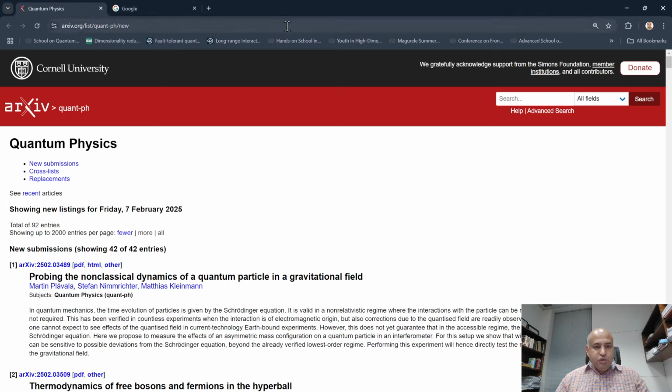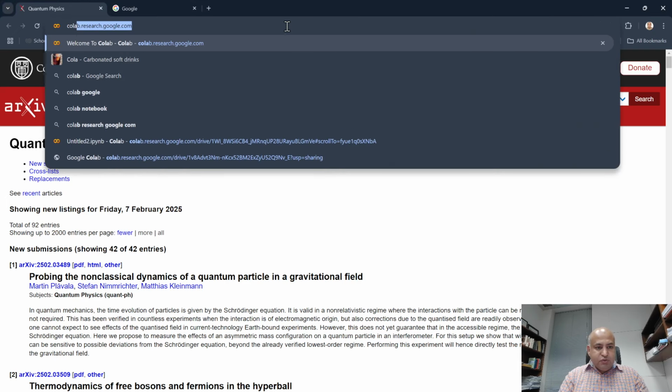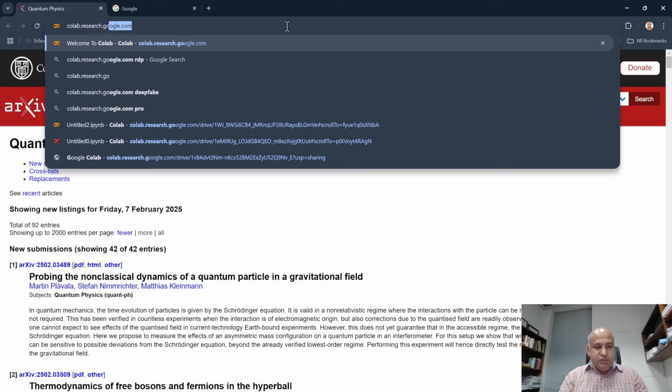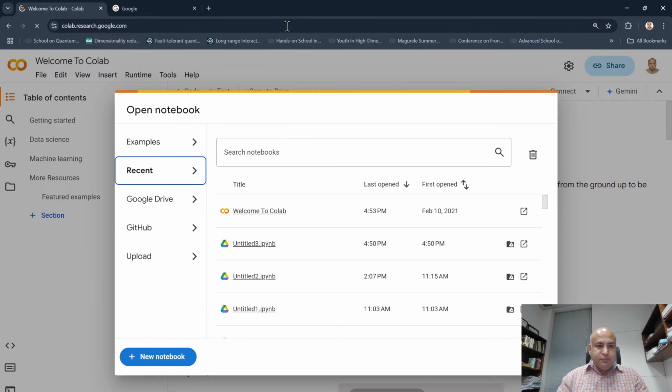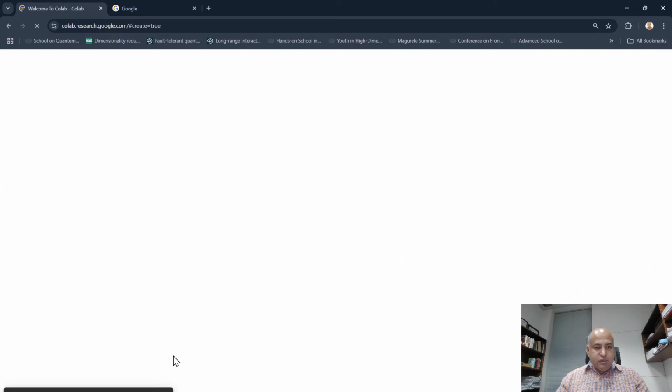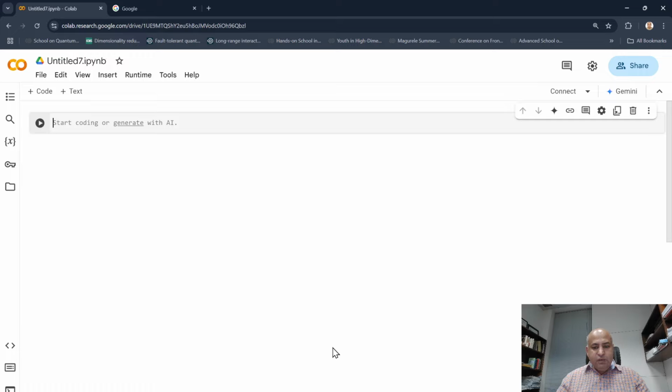So for that, let's program using Colab, and for that let's go to colab.research.google.com, and suppose we start a new notebook. And what I will do is set up this notebook, and this notebook is also available for download from GitHub link given in the description of this video, and you can just download the notebook and follow along if you like. Let me start by installing the required packages,